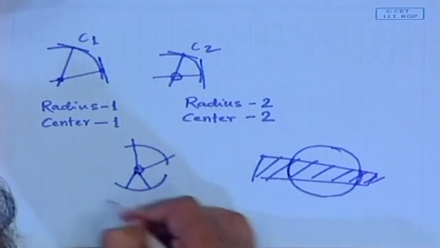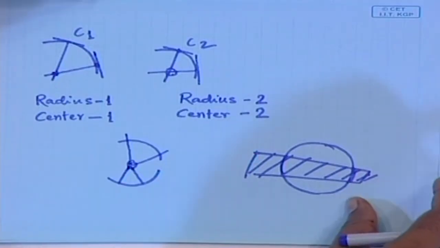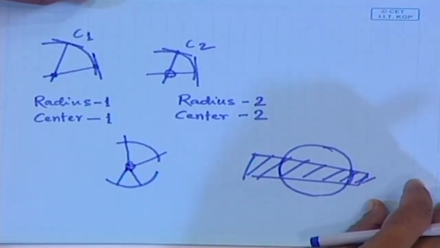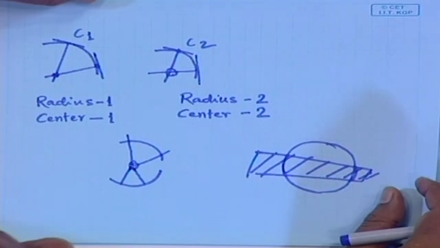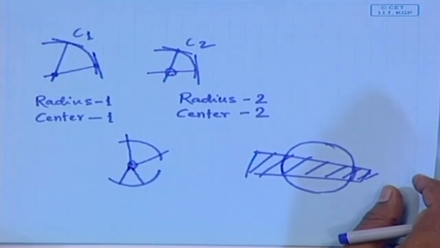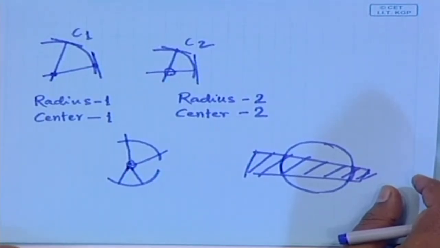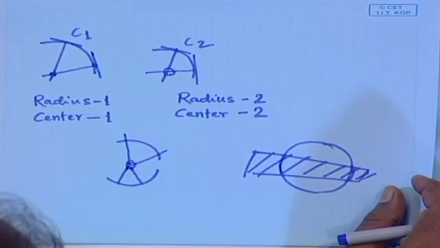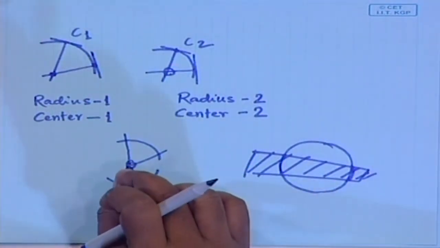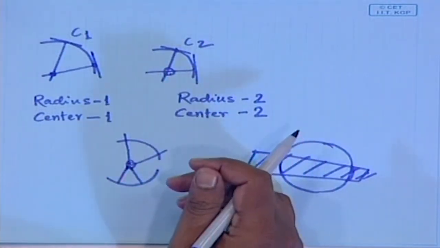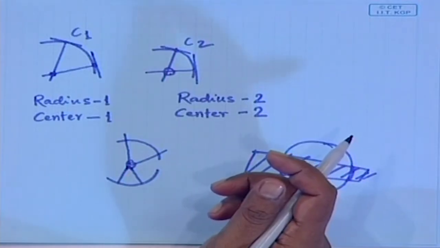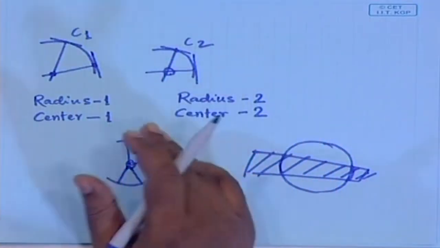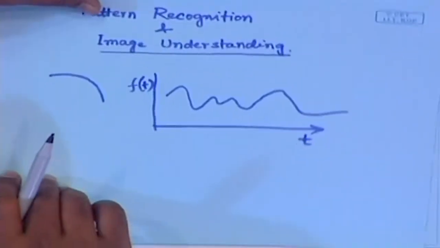Okay. So what I am trying to do is, whenever I want to recognize a pattern, I have to extract certain features of the pattern, and using those features in the feature domain, I have to find out whether the patterns are similar, the patterns are the same, or the patterns are different. Okay. So over here in this particular example, this is a very simple case of a circular arc. So I have simply calculated the length of the radius and the position of the center. Okay. Whereas over here,